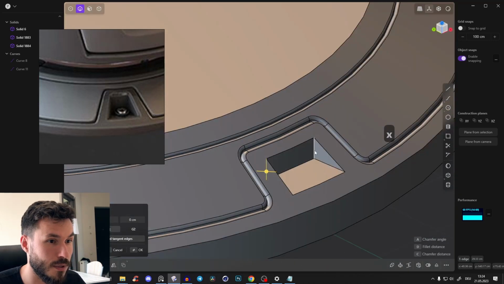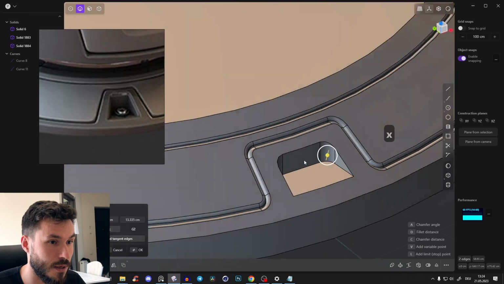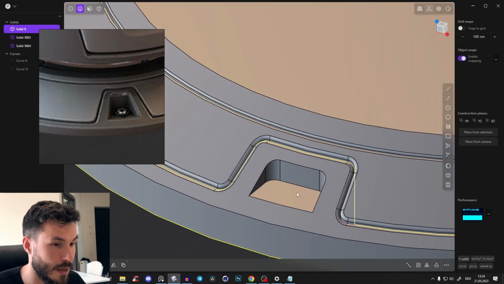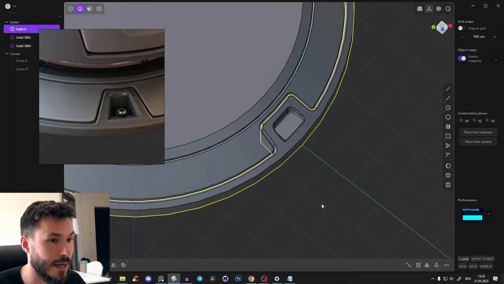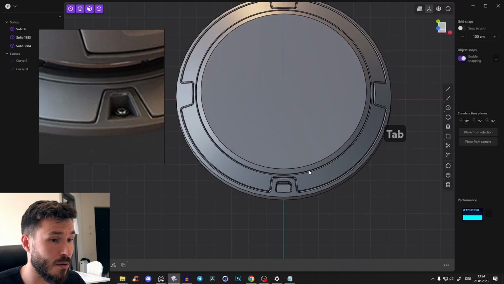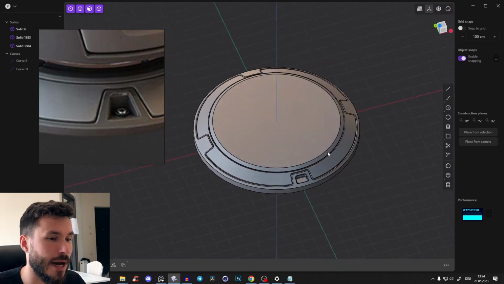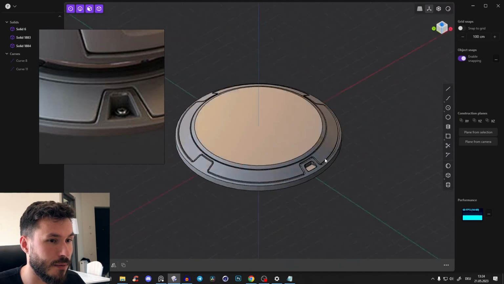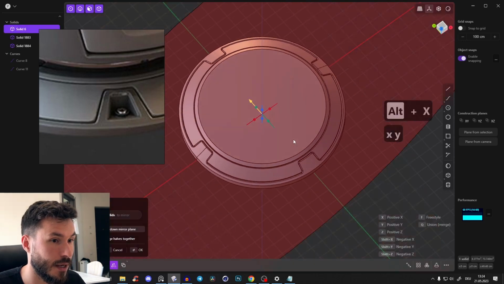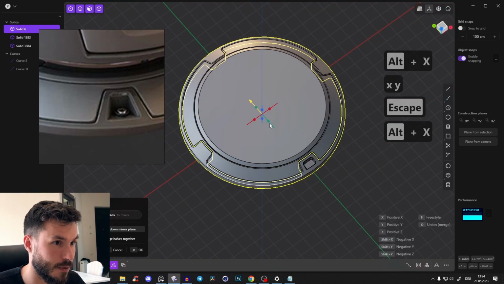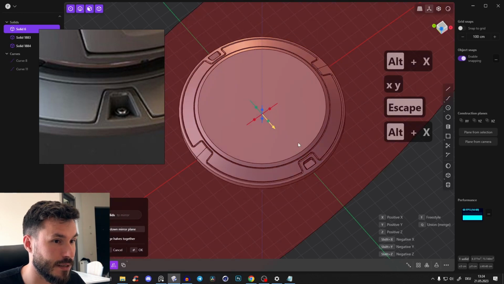And now I will give these corners some nice little fillets, so it just looks nice and smooth. So perfect, I like that. And now, okay, there are 1 million different ways how we can mirror that over. You could select that and Alt X and bring this on the other side and then